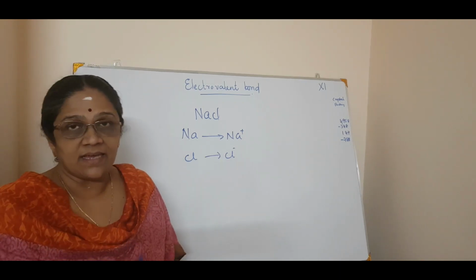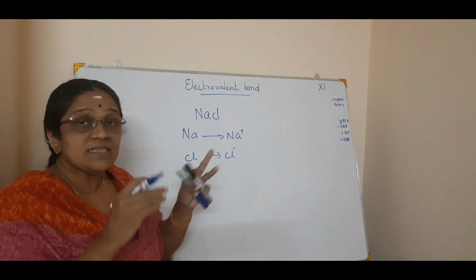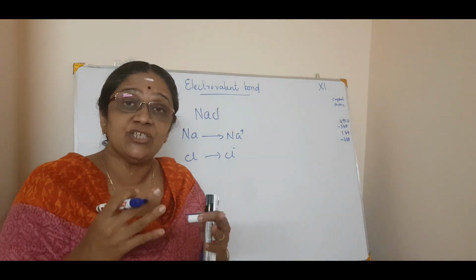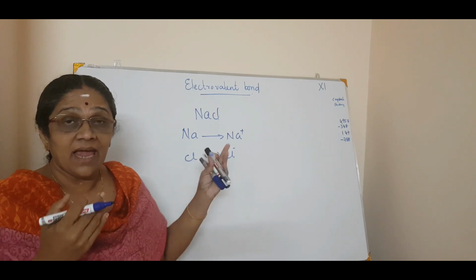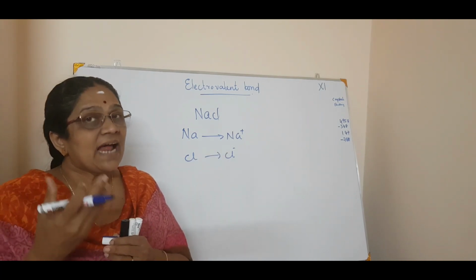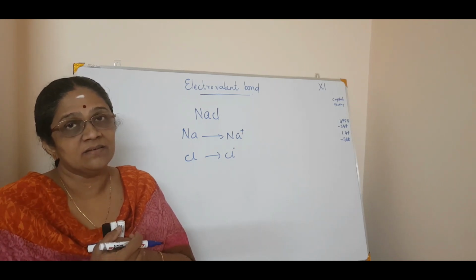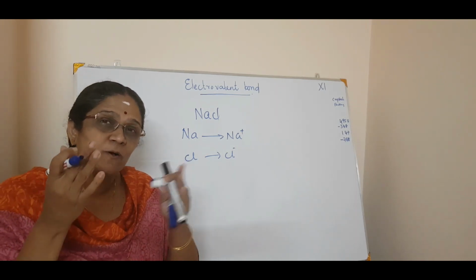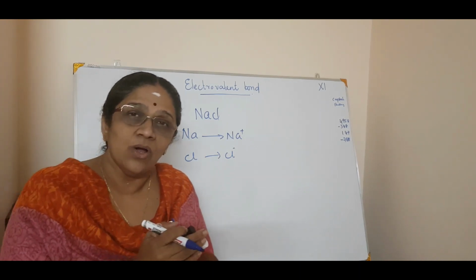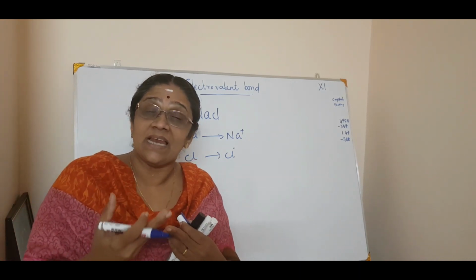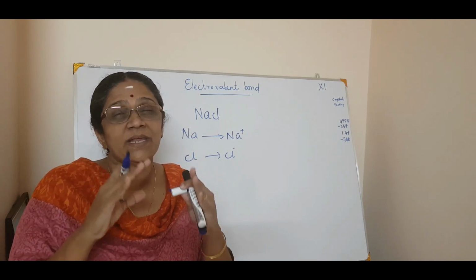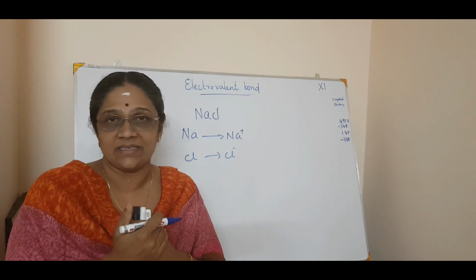Now the second thing is, once these ions are formed, they are arranged in a definite geometry. They have a definite crystalline structure, or you call it a lattice. We will study about that. The arrangement of these positive ions and negative ions in a three-dimensional structure is called a crystal lattice. So the formation of an ionic bond will depend mainly on these two factors.